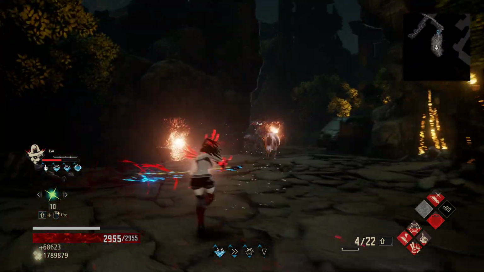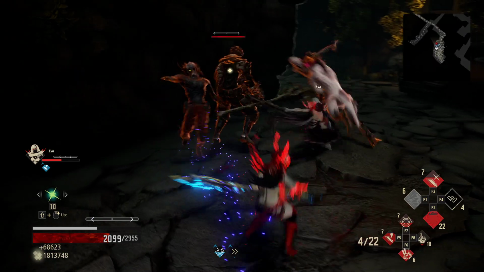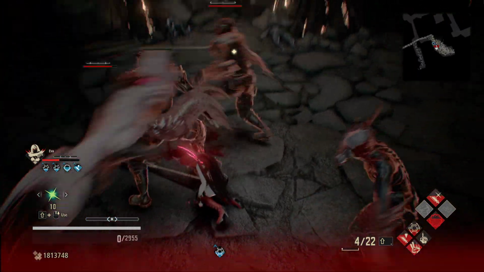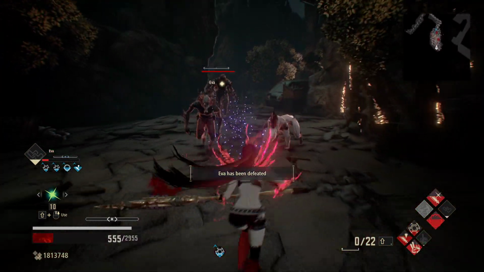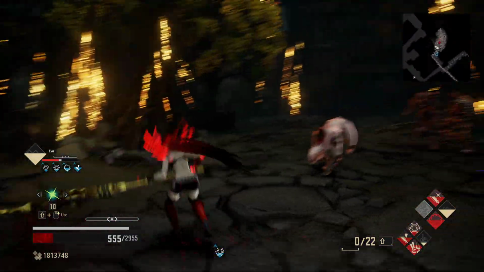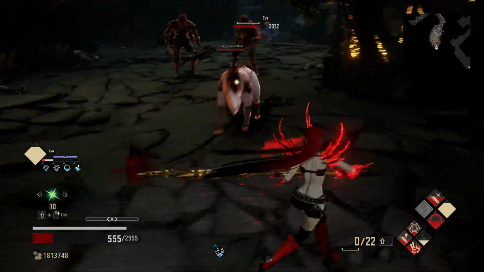There we go. We'll go for a poke on him. Oh, the dumb dog again. No. Ouch, I'm dead. Eva, please. Please, thank you. Oh, she's dead now. Oh, these dumb dogs. Okay. Yeah, let's heal up here, Eva. If I can get one of these guys alone, instead of 3 of them...